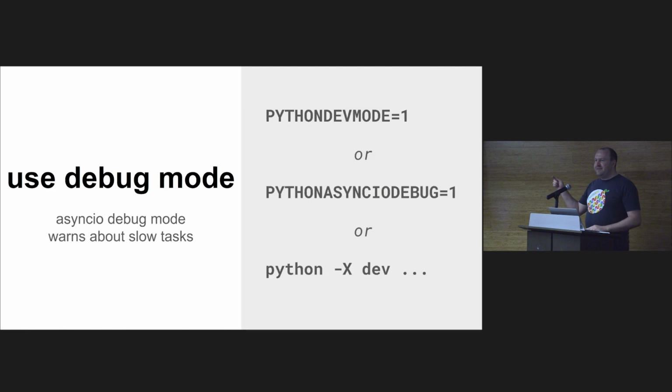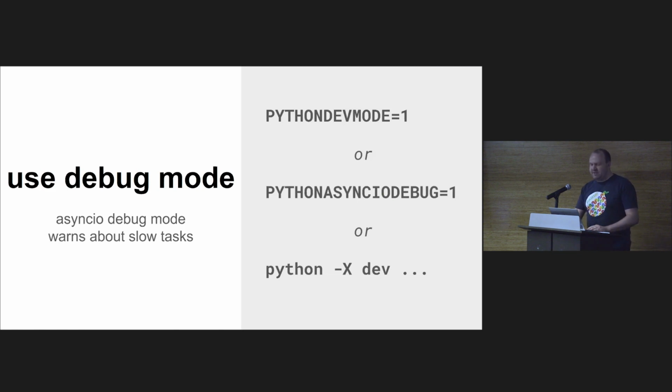You can run python -X dev or set the Python dev mode environment variable. This will enable a whole bunch more error checks. Some things for common encoding warnings for text, some things for memory management or garbage collection. It will raise an error if you have a coroutine, an async function, which you never awaited. This is just a great thing to enable in your CI system. It's typically a slight slowdown, which is why they're not on all the time, but totally worth it for testing